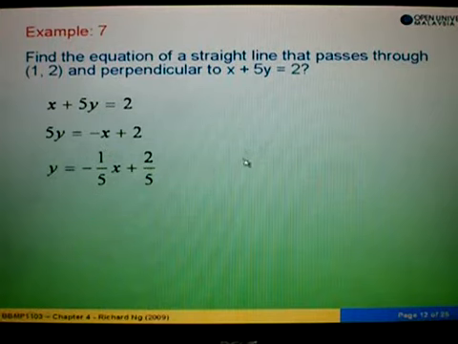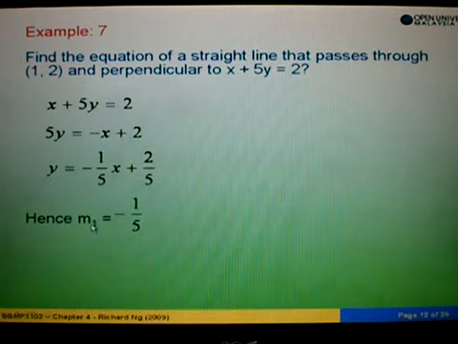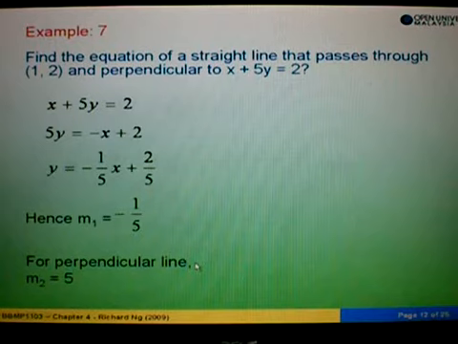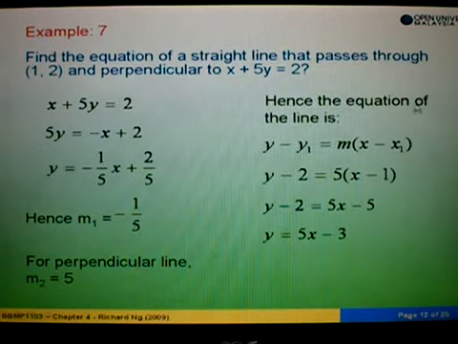So since the line is perpendicular to this line, m1 is equal to negative 1 over 5. Then the perpendicular line's gradient will be 5, because 5 times negative 1 over 5 will give us negative 1. Okay? So from here, the equation of the line which is perpendicular to this line is given by the formula